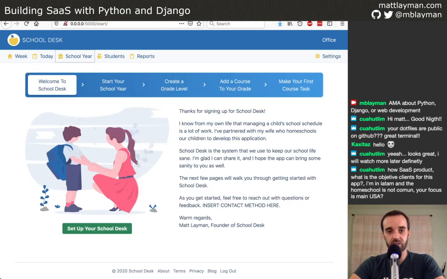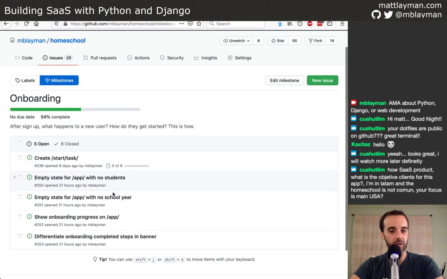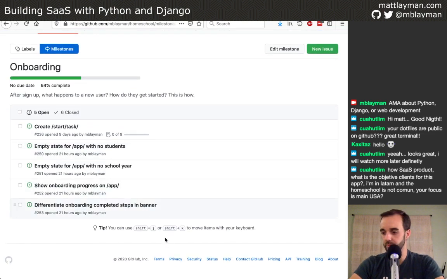But the actual actions from onboarding and this experience of this step by step will be done, and they'll kind of hand it off to them to go explore more of the application if I can. So that means that I need to finish this, and let's take a look at what else is on this onboarding milestone, things that I thought about that are going to be important to make sure that the app doesn't